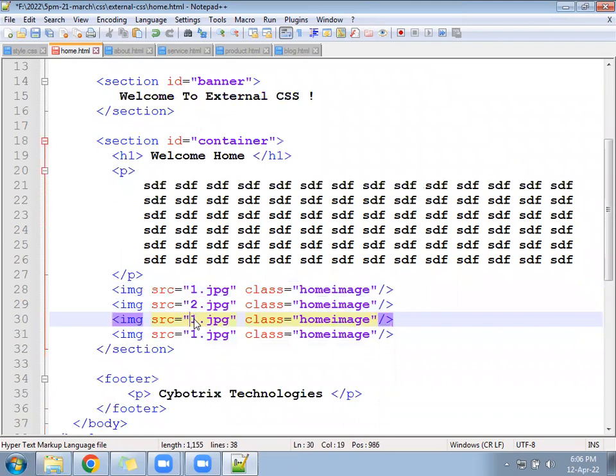2.jpg, 3.jpg, 4.jpg. Okay, how many photos?